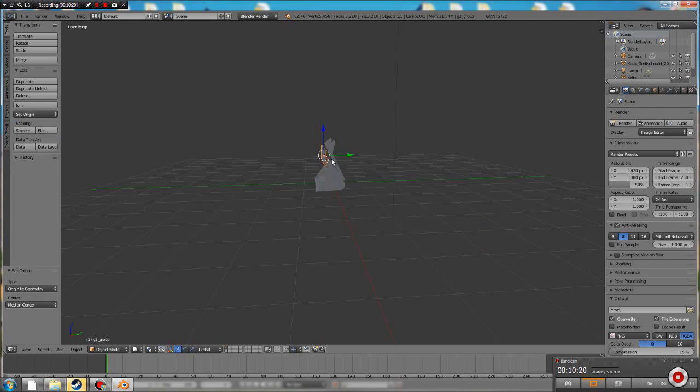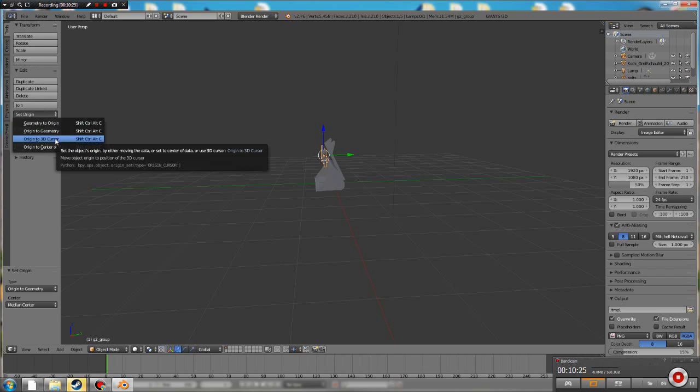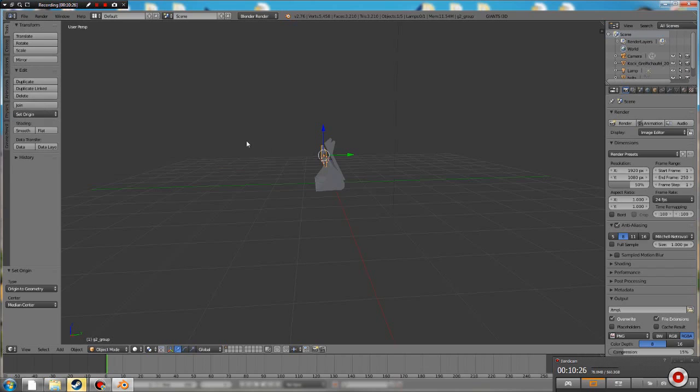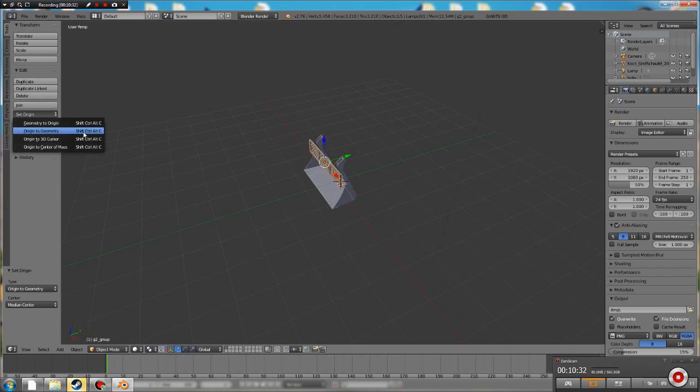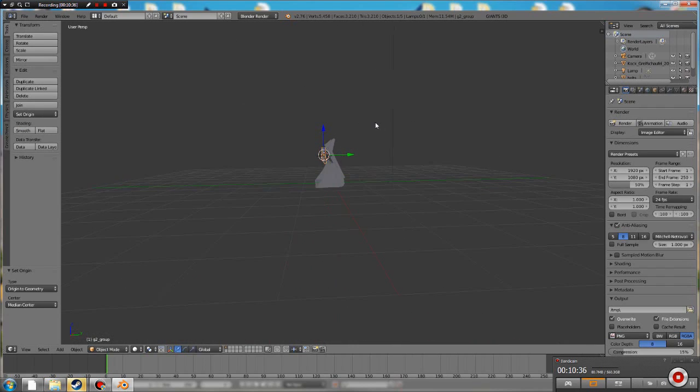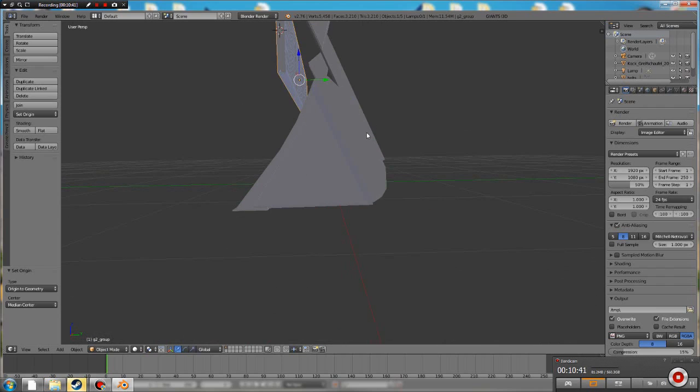Or, which I did, is I clicked on it, and then I was going to do origin to 3D cursor. But origin to geometry worked out. So now that the origin is in the center of it,